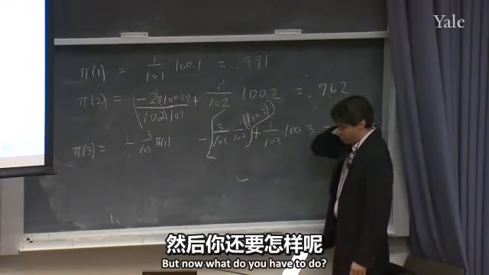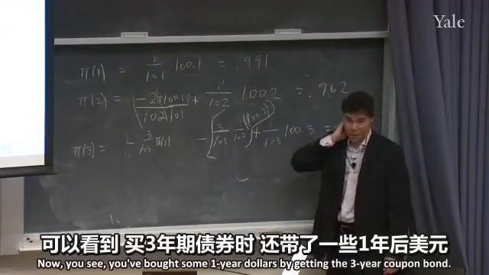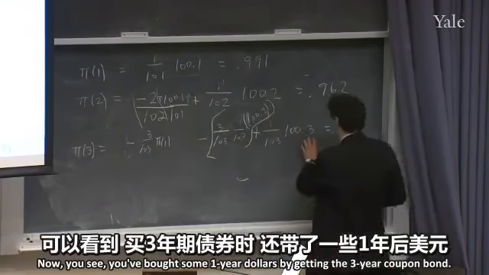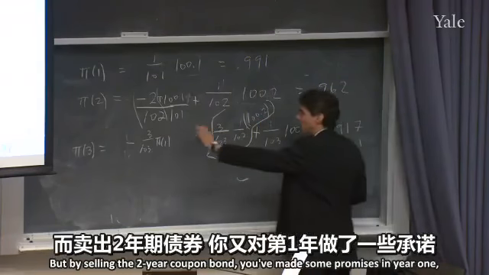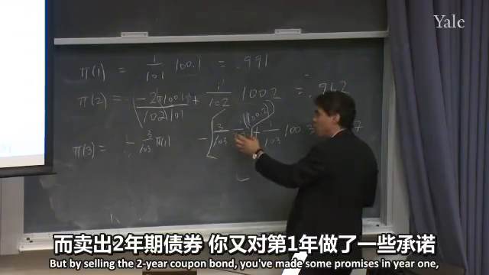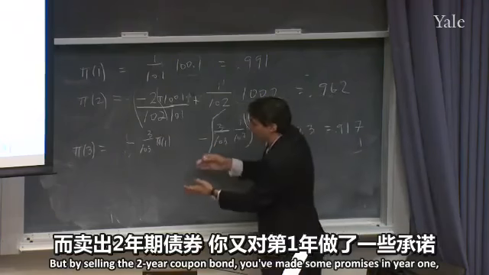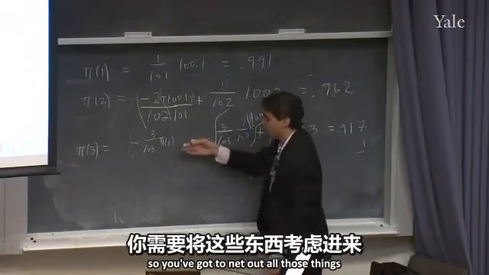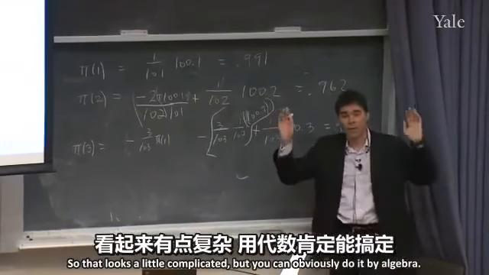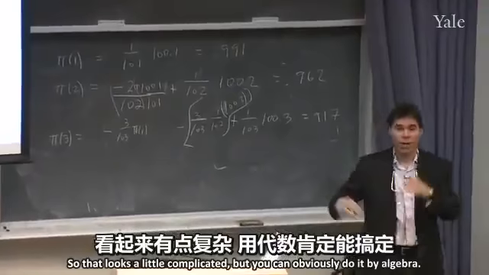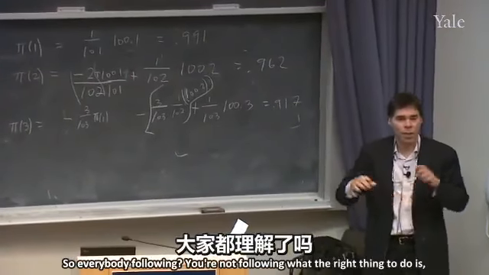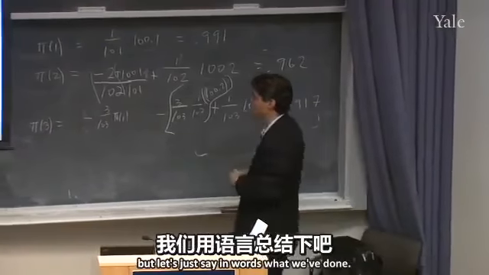But now what do you have to do? Now you see you've bought some 1-year dollars by getting the 3-year coupon bond, and you've sold off some, but by selling the 2-year coupon bond, you've made some promises in year 1. So you've got to net out all those things and do the right thing on the 1-year coupon bond, right? So that looks a little complicated. But you can obviously do it by algebra. So everybody following? You're not following what the right thing to do is, but let's just say in words what